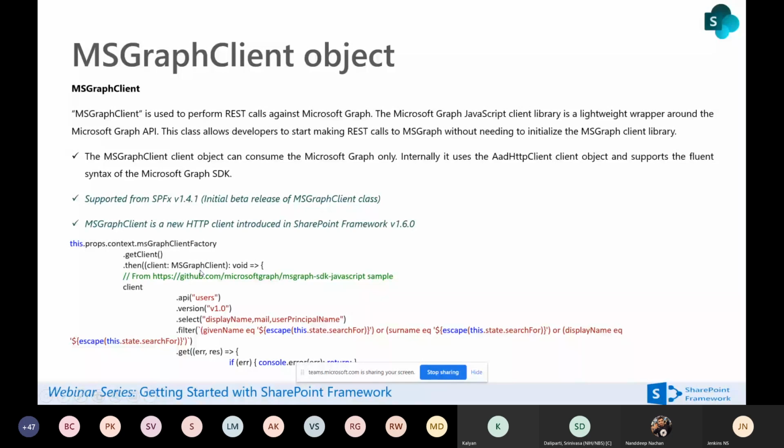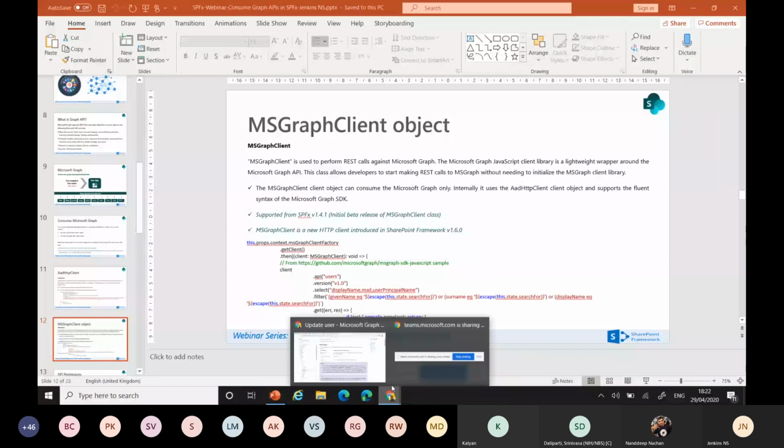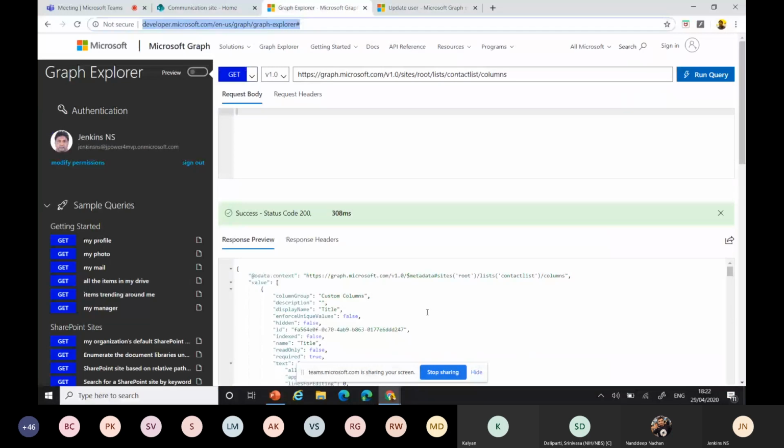Then you can go to the API part. This is a user API, that's the reason it's a single word. If you go for sites, whenever you can see the URL output, how to take the API, you can always understand from the Graph Explorer. From here, you can see the metadata, sites hash. You can take this as an API, and then you can easily process the value. We can identify it like that. That's easy to work with your APIs. Everything looks like that only. You can understand that.